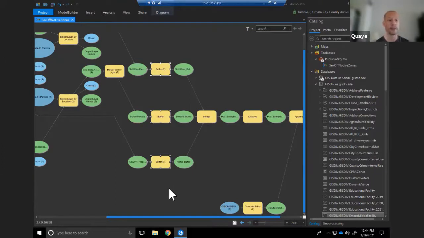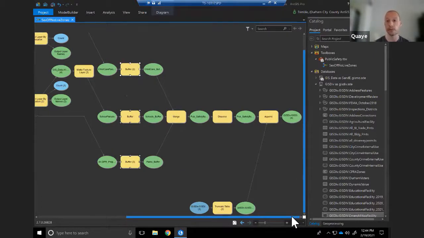Following this step, the buffer outputs are then merged and dissolved, because our no-live zones are used purely for illustrative purposes at this time. The final step involves using the truncate table command to remove all records from the existing data.